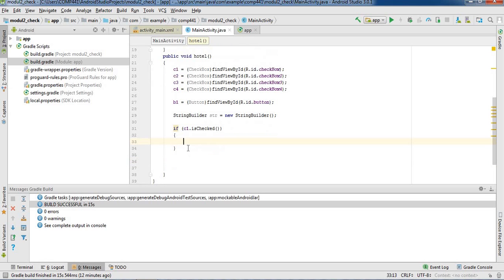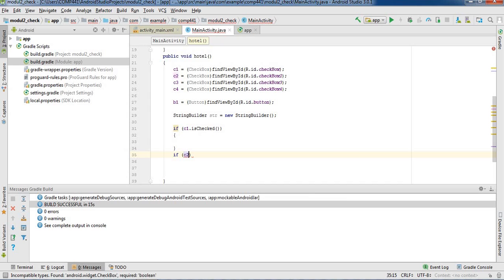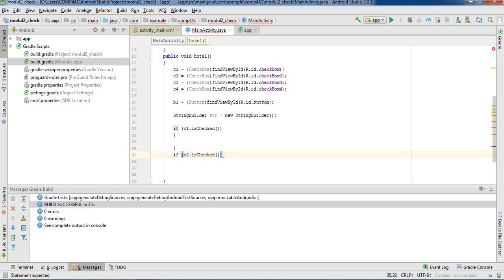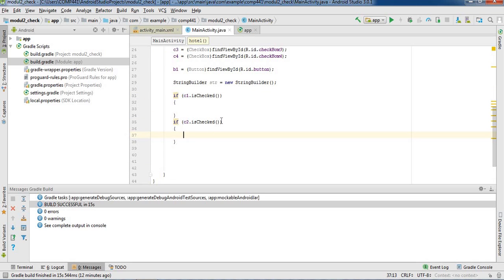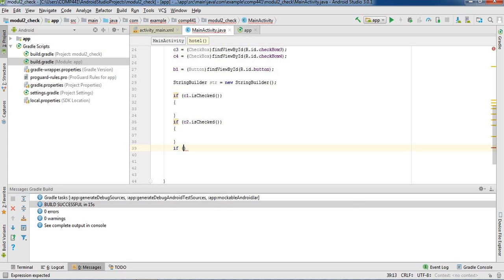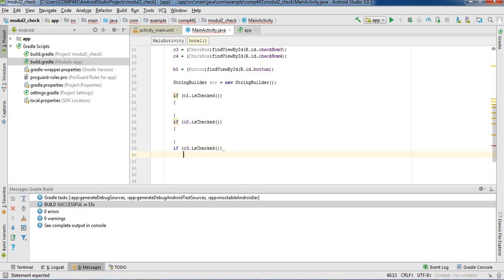Okay, again the same, if C2 dot is checked, what will be the actions? Again the same for the if C3 dot is checked, what will be the actions?